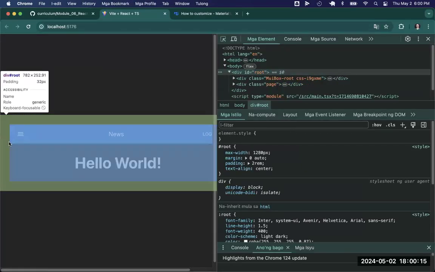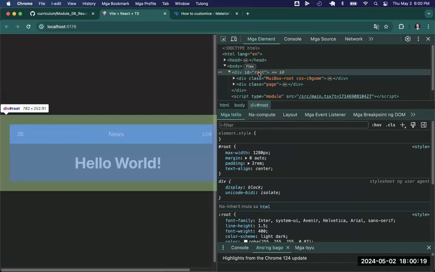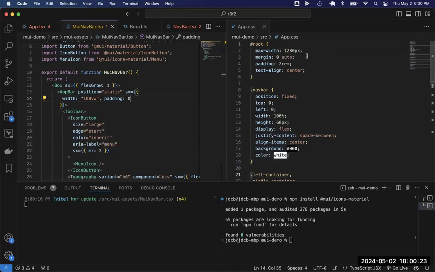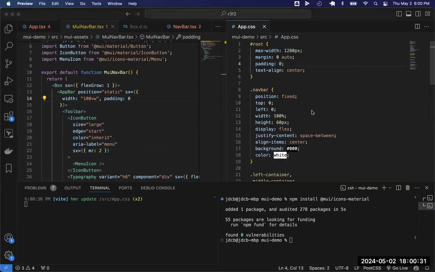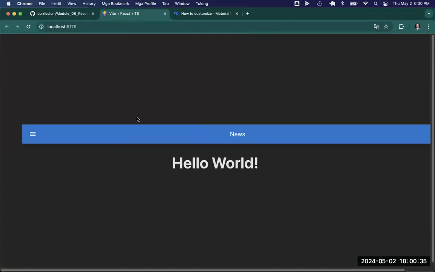Refresh. Looks like the padding is actually coming out of root. So let's go back to our CSS. Let's go back to root and let's add our, oh, there it is. Padding is at 2. We don't want that. Let's get rid of that. Okay. All right. Now we've got